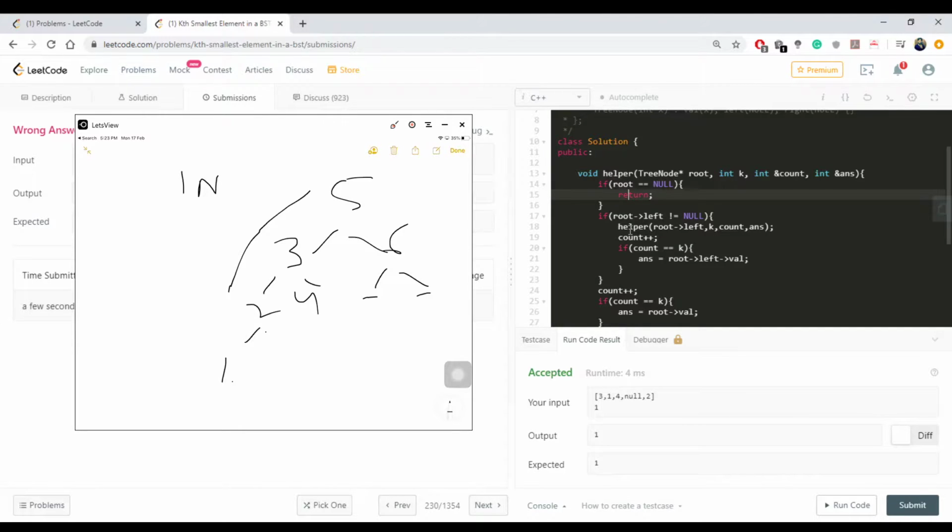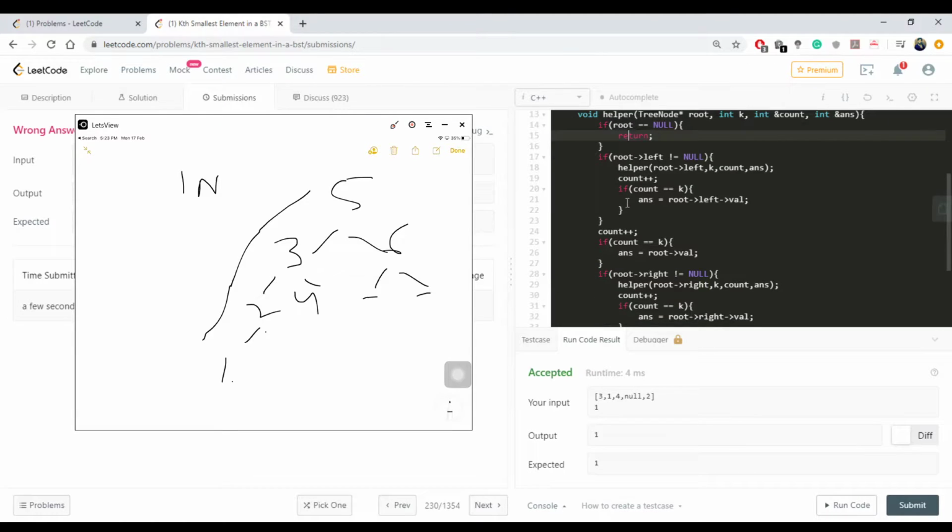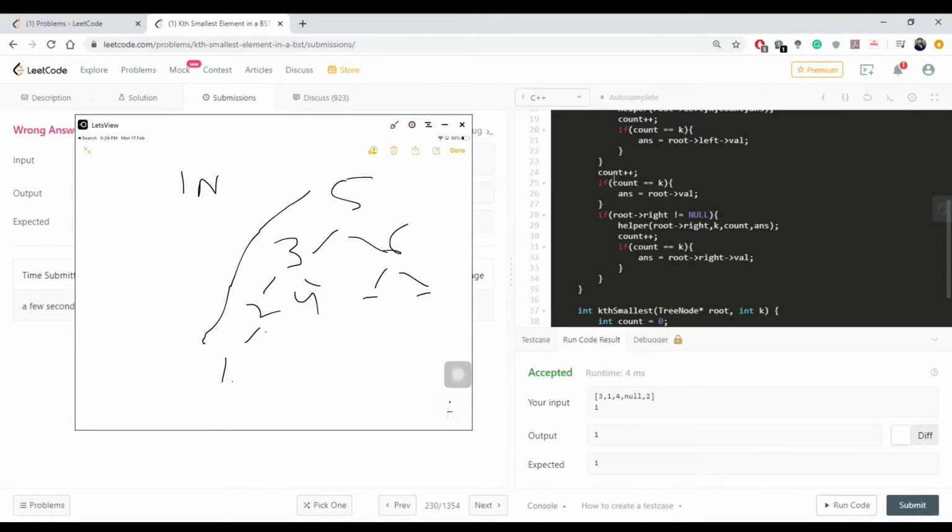If it has a left child, yes, go back in. If left is not null... oh, if it is null, then count plus plus. If count is equal to k, count is right now 1 over here. If you have a right child,